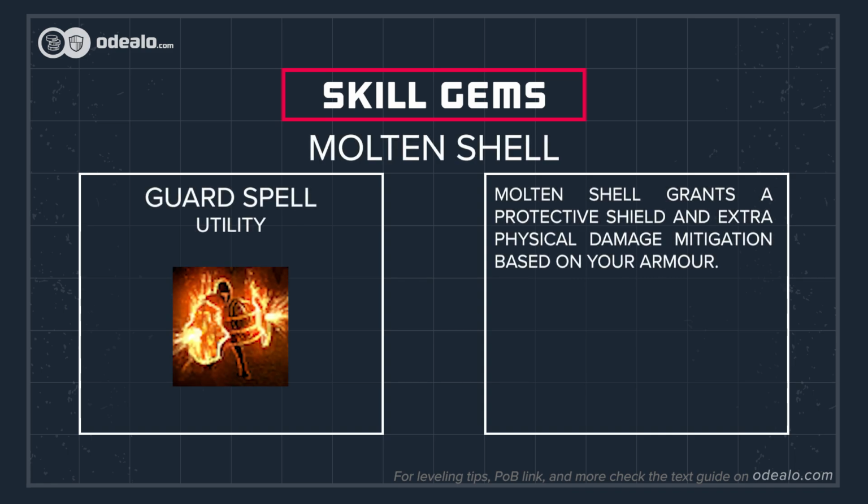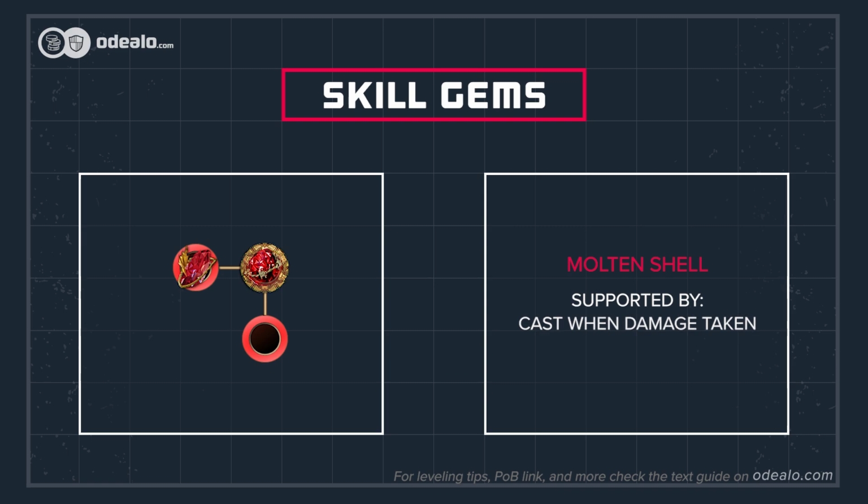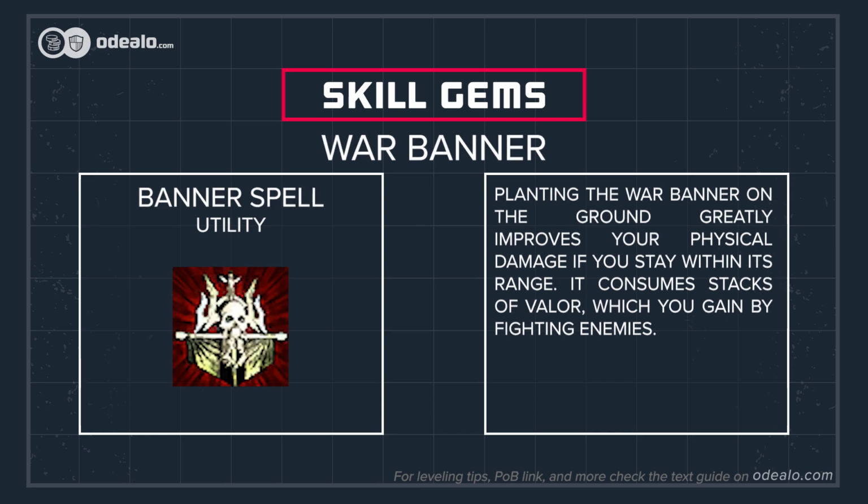Molten Shell grants a protective shield based on your armor. If you don't have a lot of it, you should use the Steel Skin instead. You can automatically trigger this skill with the cast when damage taken support, or automation gems depending on which style you prefer more. Planting the War Banner on the ground greatly improves your physical damage if you stay within its